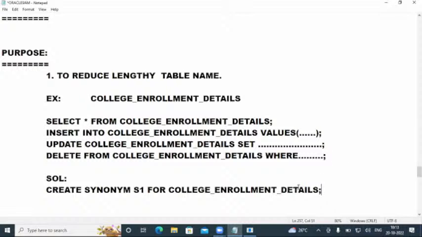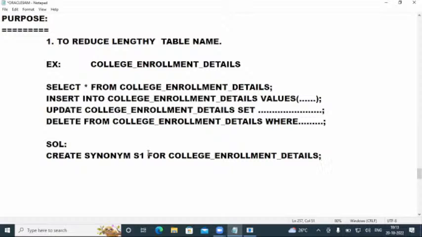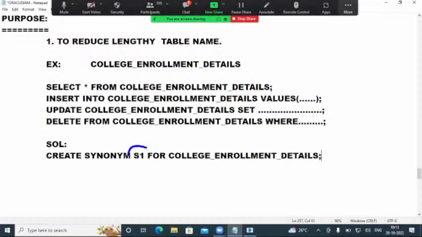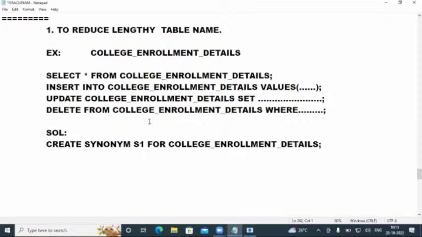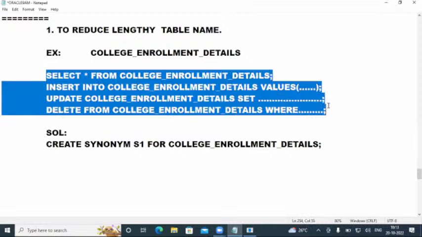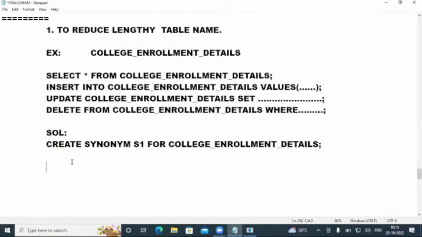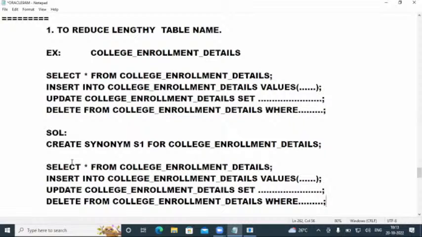So when the programmer creates one shortcut name on this table, what is my shortcut name? S1. For which table am I creating this S1? The college enrollment table. So now that I have created my shortcut name, what is the advantage to the user? From the next time onwards, after you create your synonym, if you want to perform any operation on that college enrollment table,